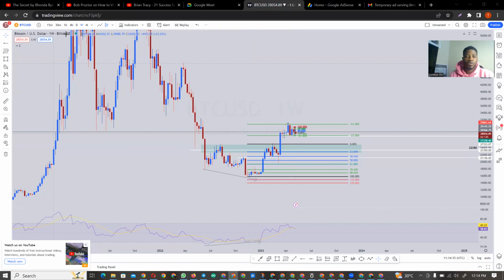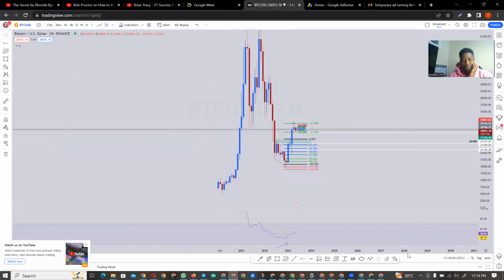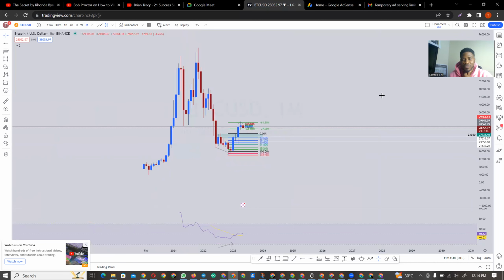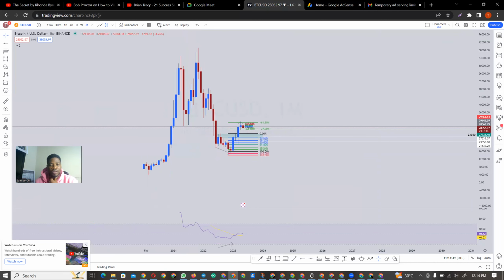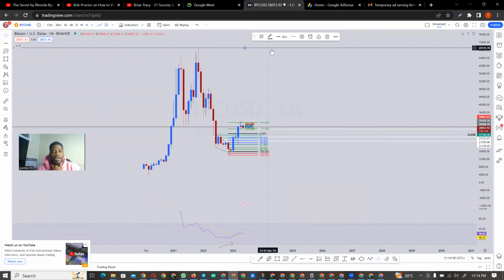All right. Okay. So on Bitcoin from the monthly time frame, I always like doing my top-down analysis most times. Looking at Bitcoin, as we all know, the higher high of Bitcoin is around this area, and since then Bitcoin started dropping. We broke structure here at first. We formed this lower low, lower high. We made this lower low, and this is a lower high. We made this lower low.